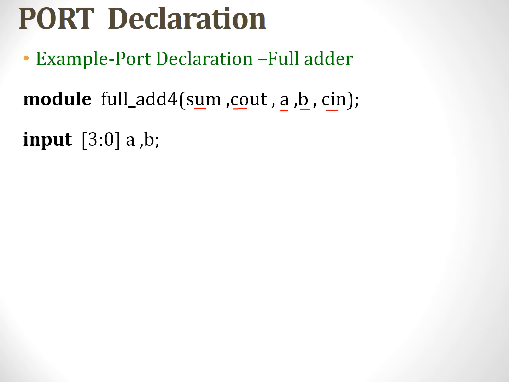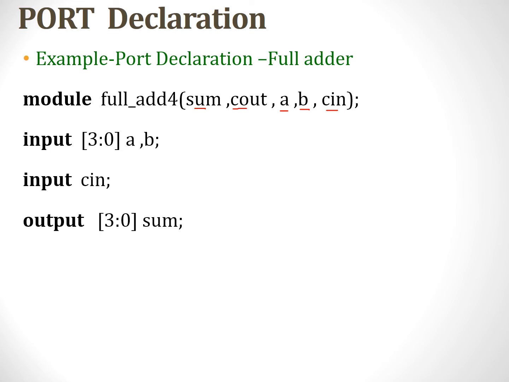But since it is a 4-bit full adder, we notice here we have declared input A, B, where A and B are 4-bit wide. We mention 4-bit data by using a square bracket, that is a vector, before the name of the variable. Vector declaration will be understood in the further modules. If we just write input followed by the name of the variable, this will become a 1-bit input. If we want to declare a multiple-bit input, then we have to include a vector like this. So 3 down to 0 indicates it's a 4-bit vector.